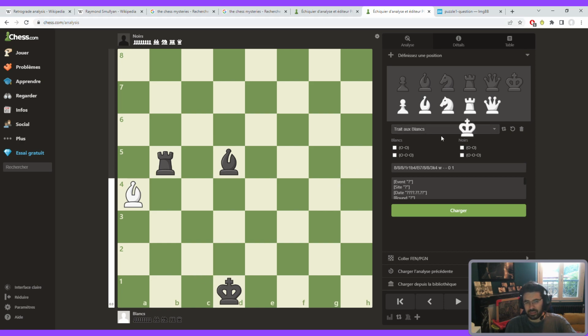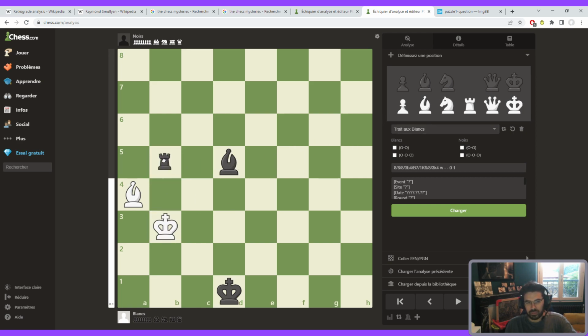So let's imagine that the white king is there. Well, we have a problem there because the white king would be in check by two pieces, the rook, but also the bishop. And what would be the last black move? It would be something like,